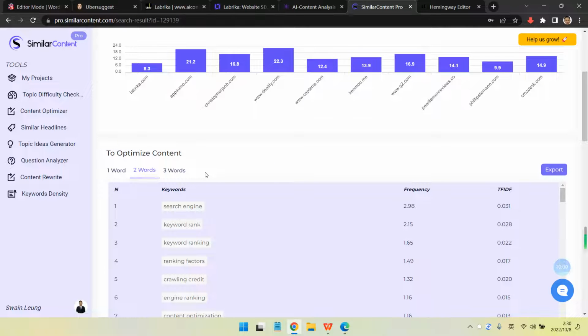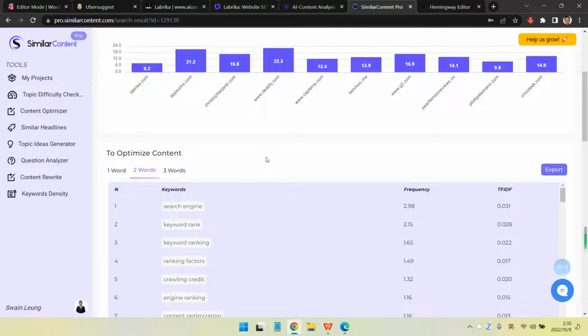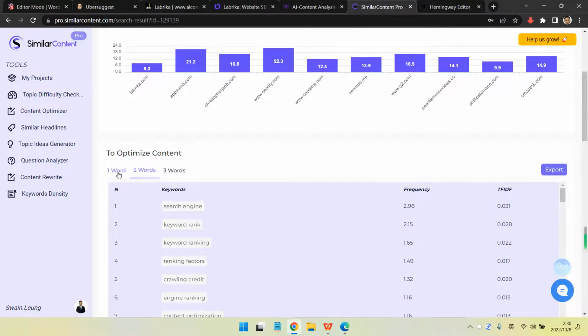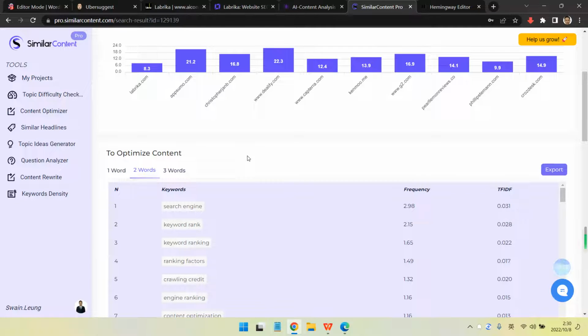So we can edit after we finish the content writing. For now, I would love to explore this kind of keywords. Let me say there are one word type, two words type, three words type. And what should I do? I usually